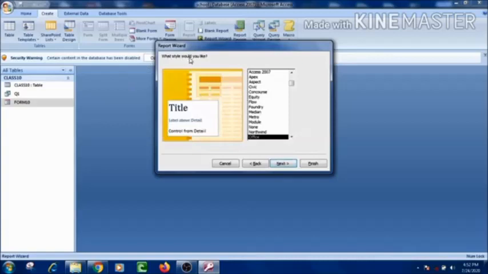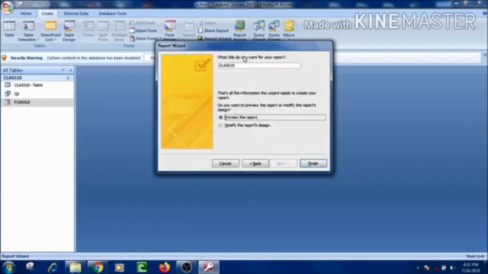In the next step it will ask you to select the styles. So many styles are there, you can select any one of them, but the standard one is the office style. It is considered as the standard one. After selecting the office style, I will move to the next. In the next wizard I will give the name of the report, and suppose that I am giving the name in caps, REPORT 10. Now click on the finish button.